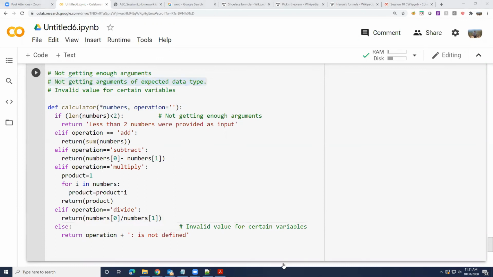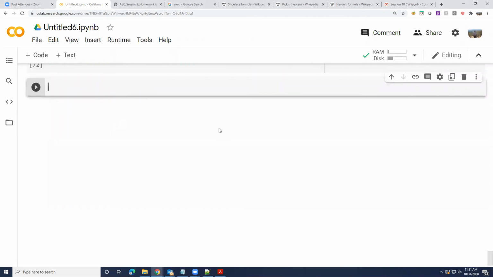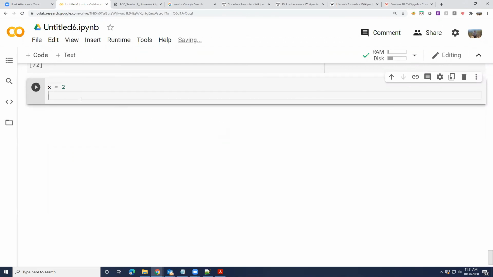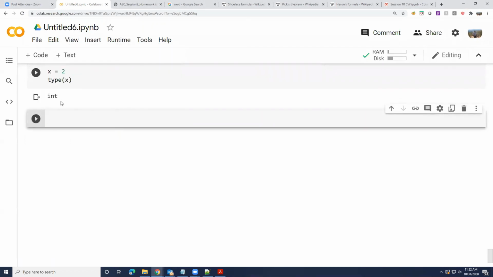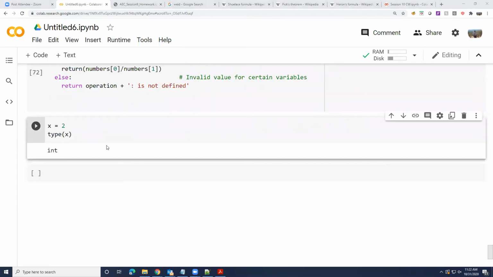If type of numbers not equal to int, try and except. Okay, so a lot of you guys have different theories. So let's see, how do I make sure this is a number? When I say x equal to number, how do I know that the value that the variable x holds is a number? Type of x. Okay, someone of you said type of x. So it gave me int. So how do I check this?